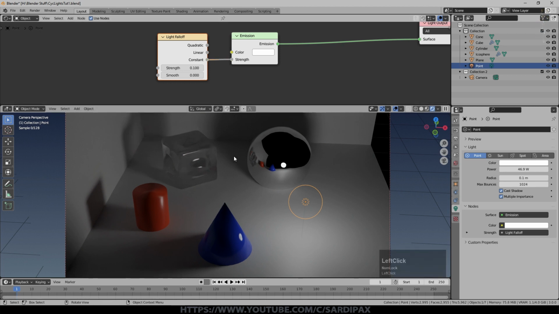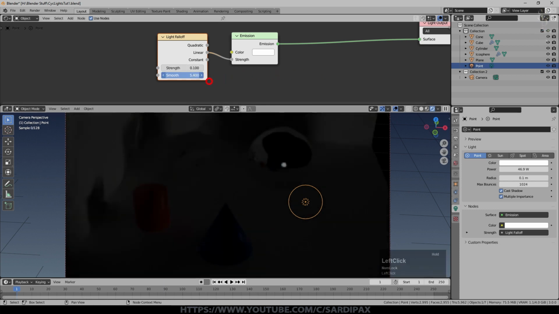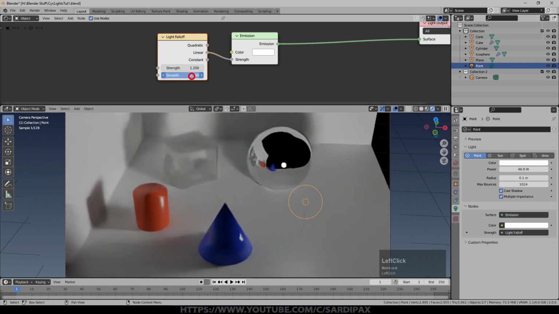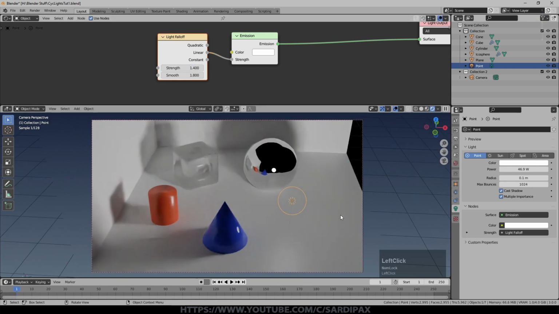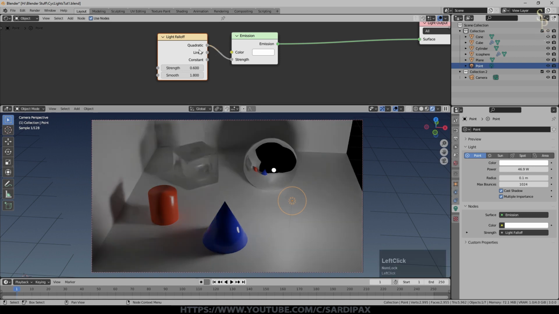And then we've got constant here. So you can try some different approaches to get the effect that you want, to change whether you make a light more or less subtle in the way that it appears to get less bright with distance. And there's a smoothing option here as well. So we want to turn the brightness up there. So you can see you can hardly see any falloff there with relatively high smoothing. It's almost as if this one light is illuminating the scene completely from its one position. It's still casting shadows. So you can play around with that.